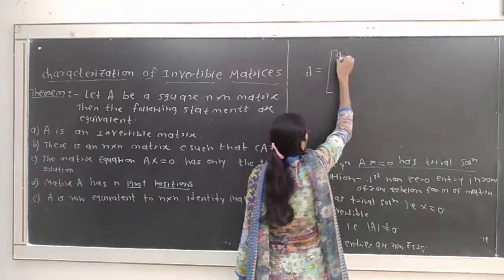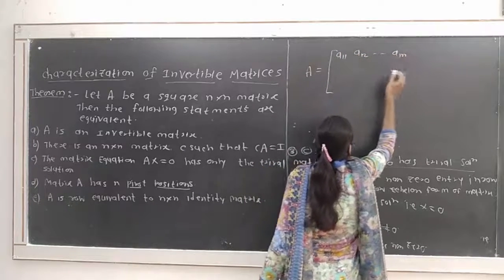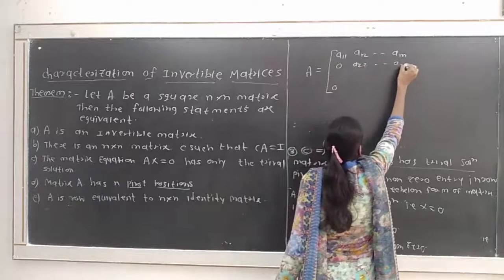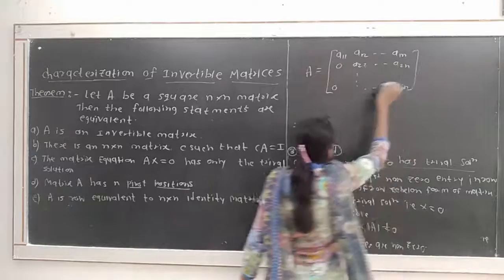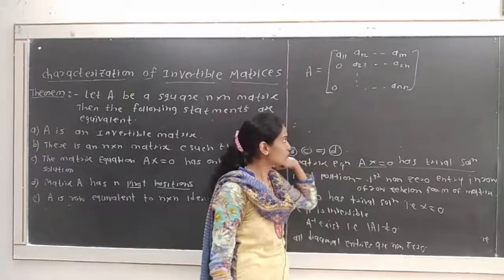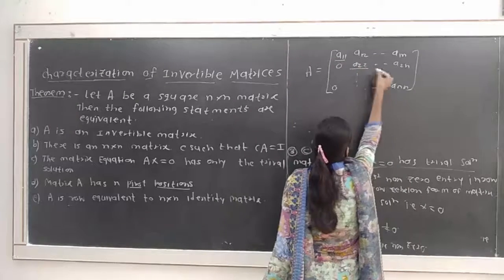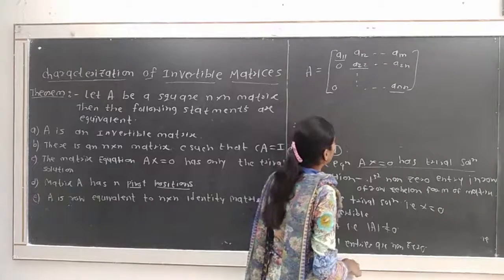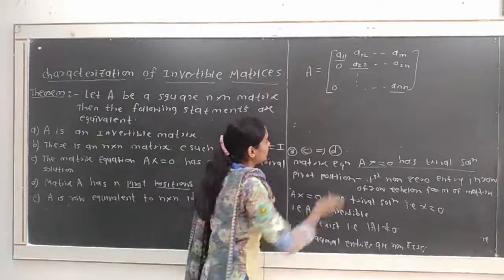Okay, A11, then A12 up to A1n. Okay, then 0 up to 0, A22 up to A2n. Okay, so in this way, and last we have ANN. Okay, so matrix A is in this form, that is all the diagonal entries are non-zero. That means each row contains first non-zero entry, which is the diagonal entry. Okay, so each row contains first non-zero entry, which is the diagonal entry, that is